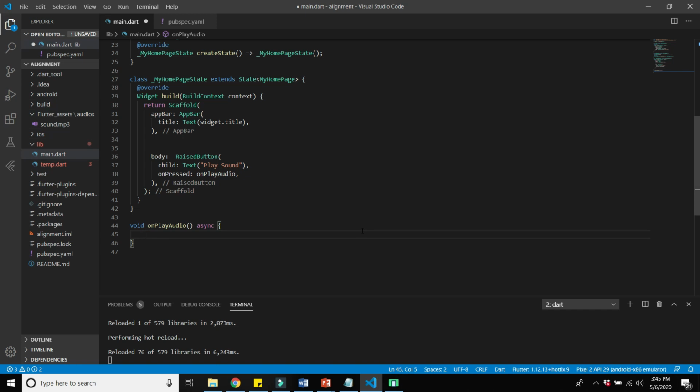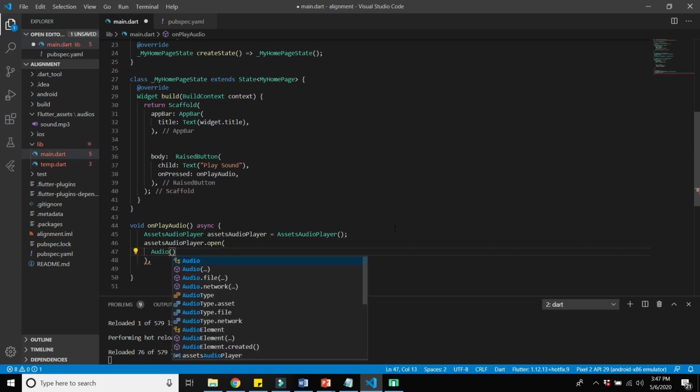Now first we will create the object of the assets audio player. Now we have created the assets audio player object, and we will use this object, assetsAudioPlayer.open. Here we have to add the audio file, and I will use the Audio function to include the audio file.